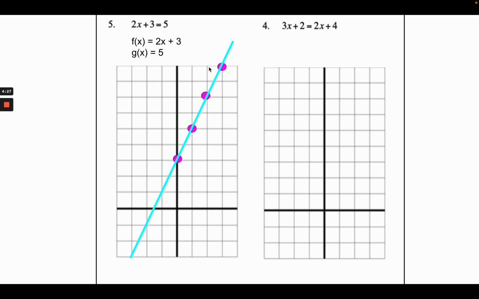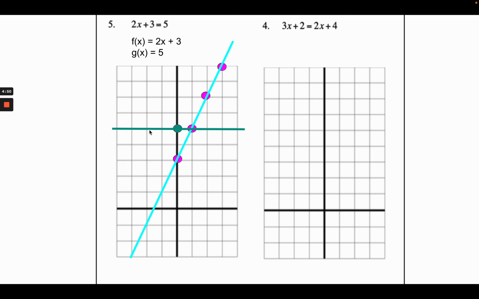And let's go ahead and graph g of x. G of x, as we can see, there's no x. So we know that there's no slope, or zero slope. So this zero slope is going to be a y-intercept at y equals 5. So 1, 2, 3, 4, 5. Use your second color. Let's go ahead and graph that y equals 5 and use your straight edge to draw